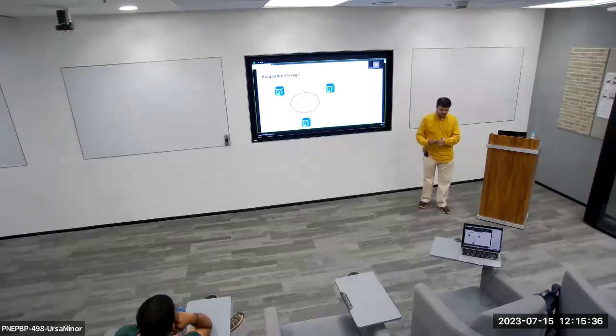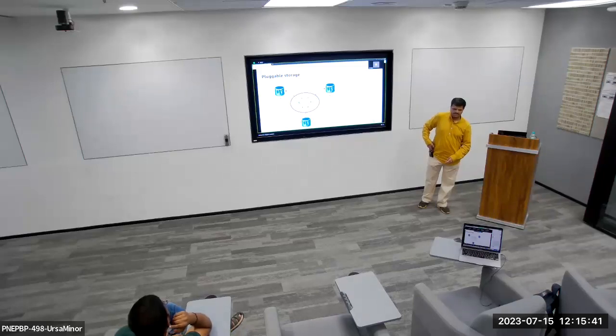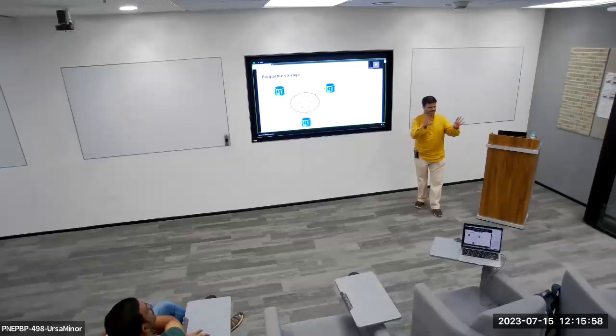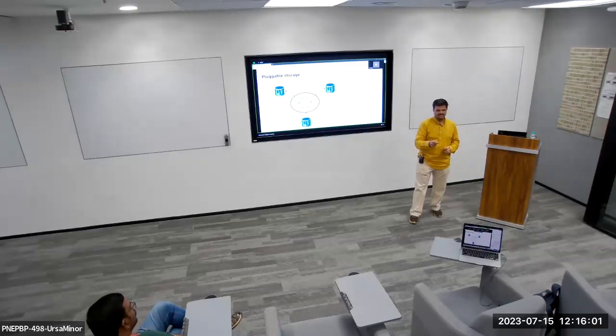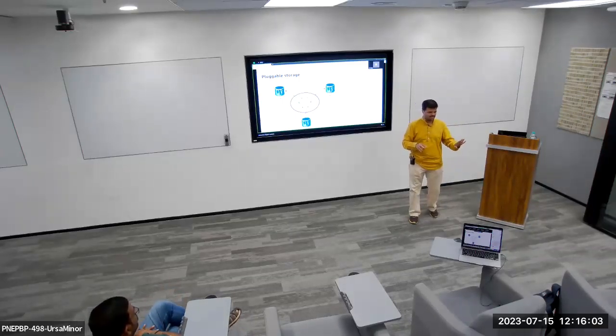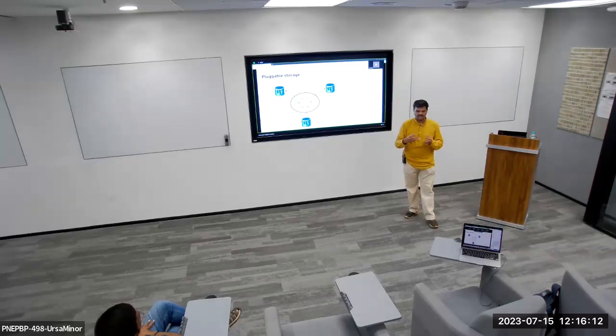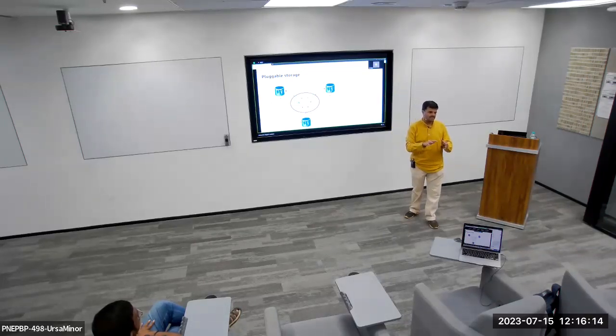There is a feature that has been developed for quite some time now in PostgreSQL, which is called pluggable storage. In PostgreSQL, everything is pluggable. Knock and it will be open for you. That's true with PostgreSQL. You imagine that you want to do something with PostgreSQL, and you will find a way to do that even without touching the core code and in a language that you want. Right? So we have started developing something called pluggable storage, where the underlying storage can be changed.